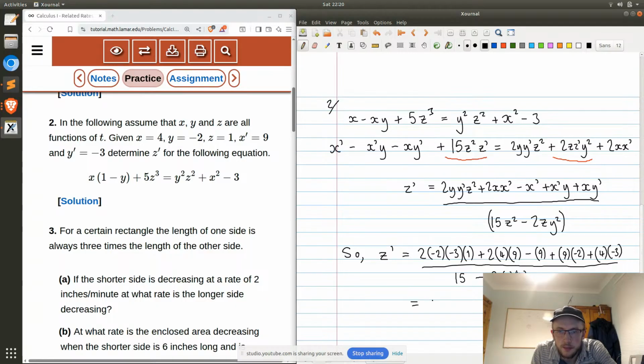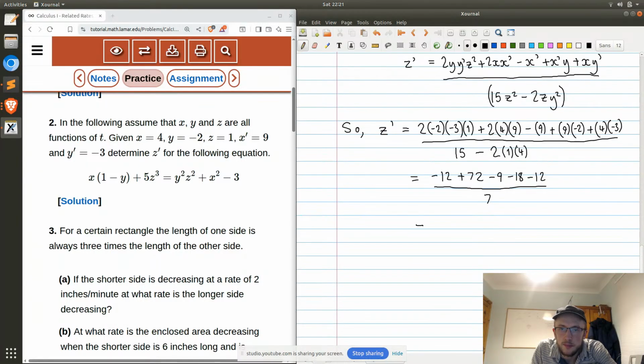All right, now we have to sort this out. So we have minus 12 right there, 72 right there, minus 9, minus 18, minus 12, and all of that has to be divided by 15 minus 8, which is 7,